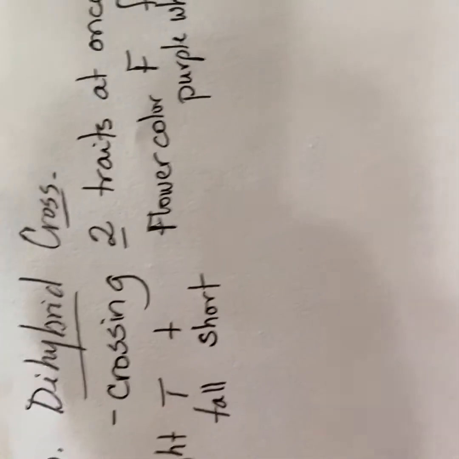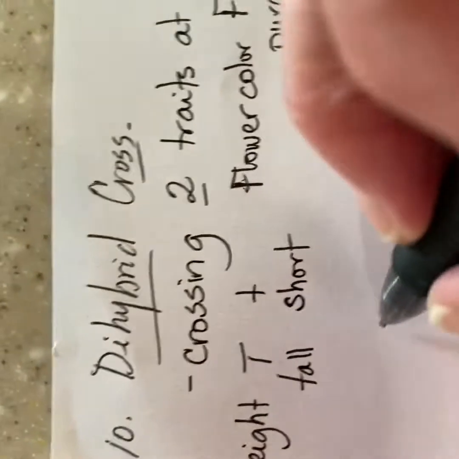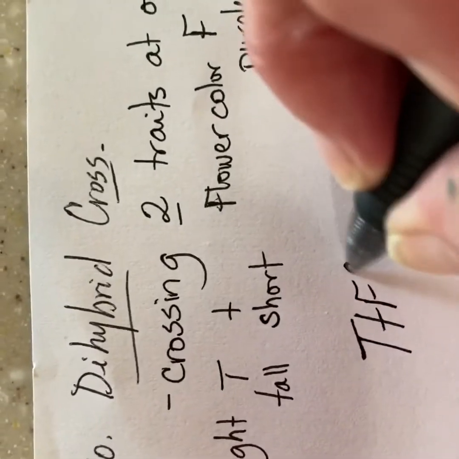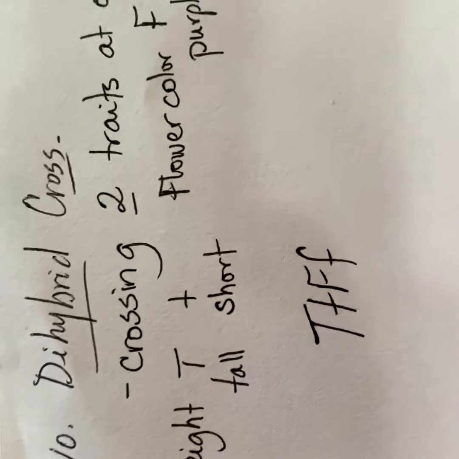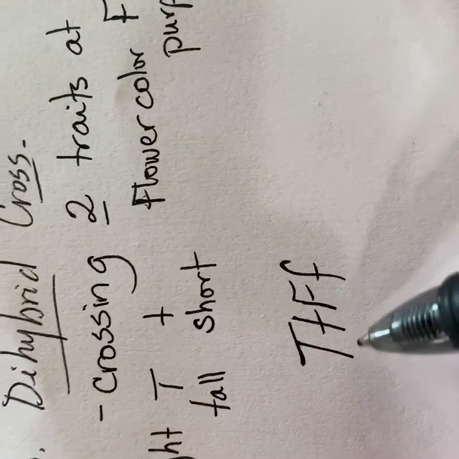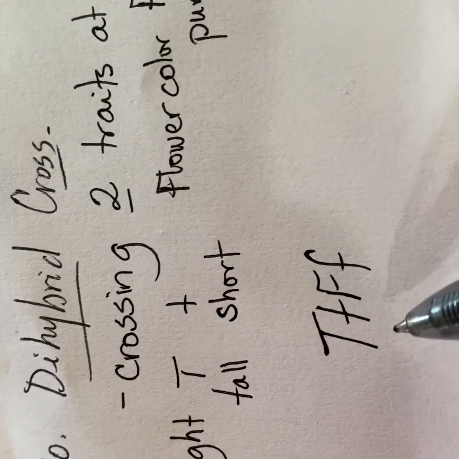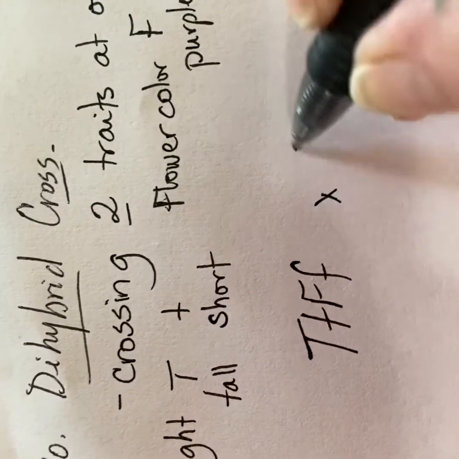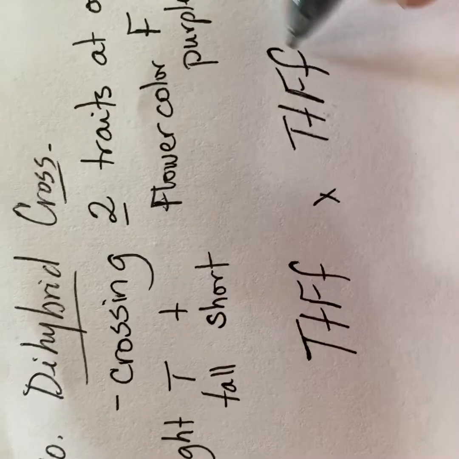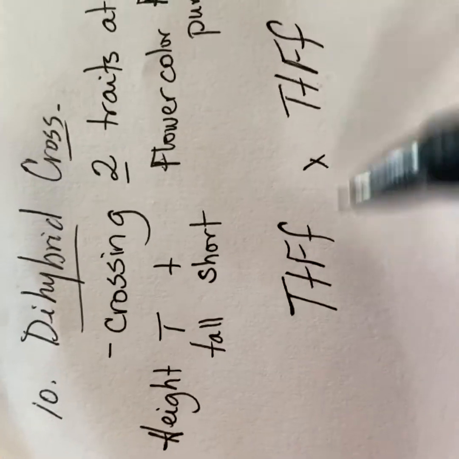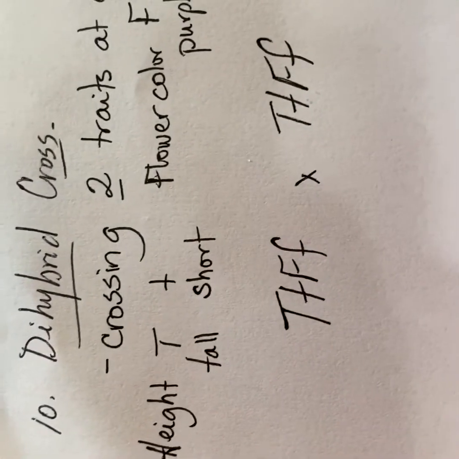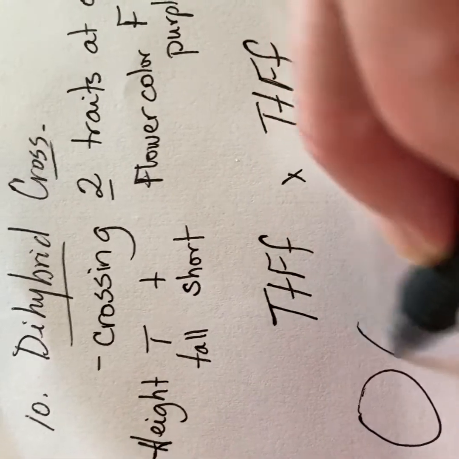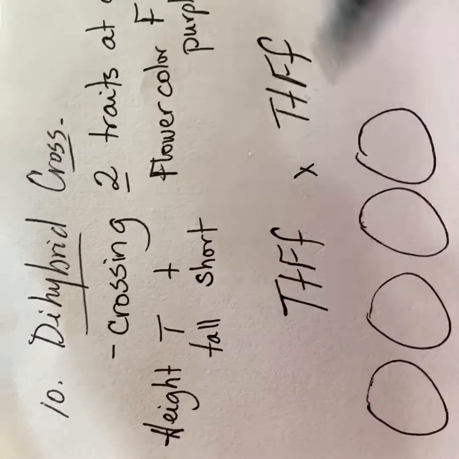Okay, so what if we had parents that were heterozygous for both traits? Notice how I keep my T's together when I'm writing the parent, and I always put the dominant trait up front. So both of our parents are heterozygous for both traits, and I know that I'm going to have 4